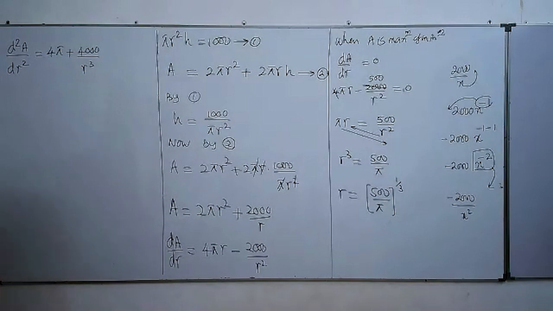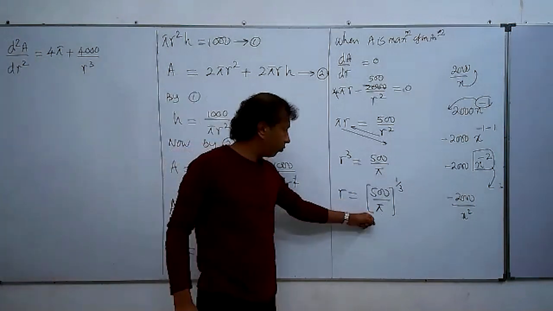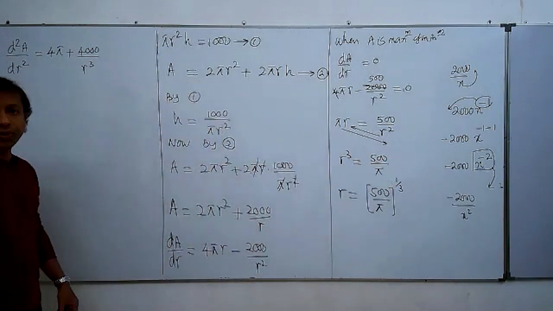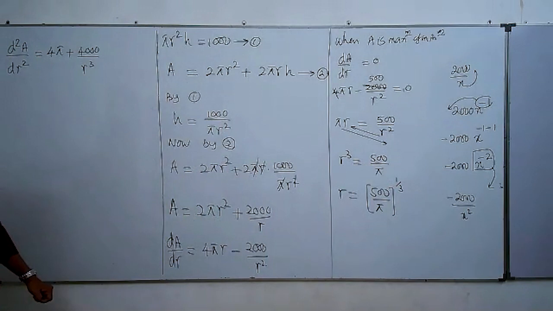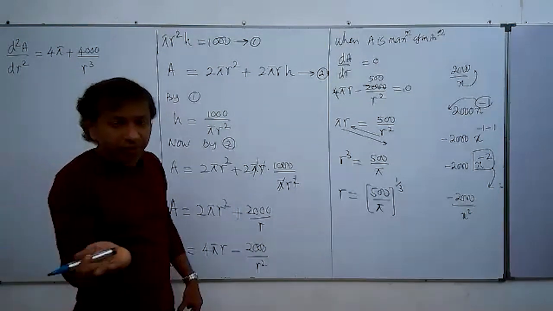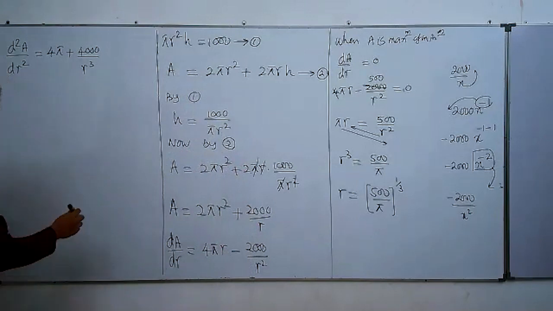Then you can very clearly see here, we need the second derivative value of A when r is this. R is this means r cubed is this. To show A is a minimum, we have to show the second derivative is positive, no? Yeah, we said that. So then we can write